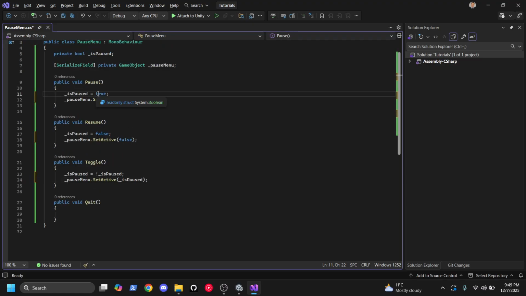Previously, when isPause was true, then pause menu set active was true. When isPause was false, then pause menu set active was false. So it's fair to say that whatever isPause is, pause menu set active should be the same thing. So we can just plug the variable in there. Next thing in our pause function that we want to do is we're going to say